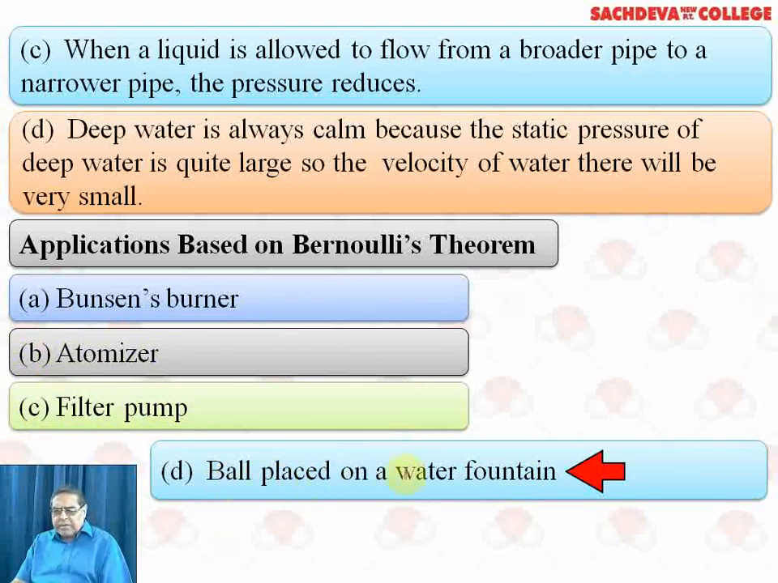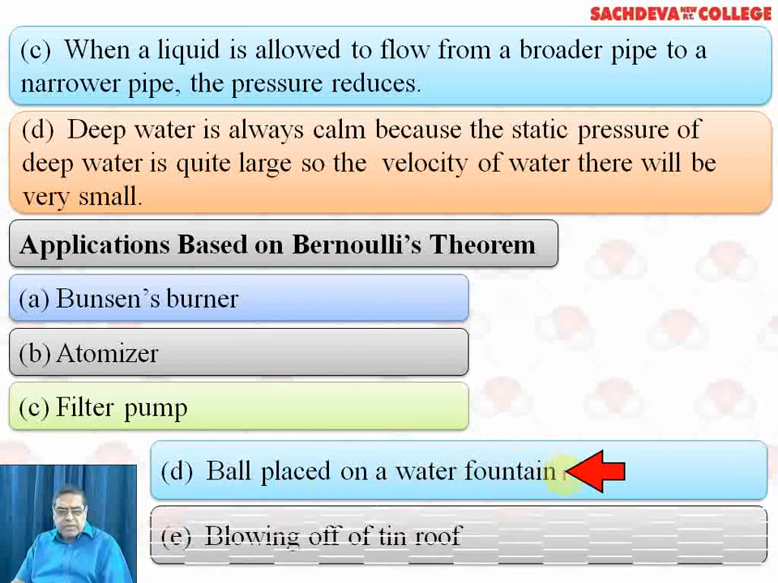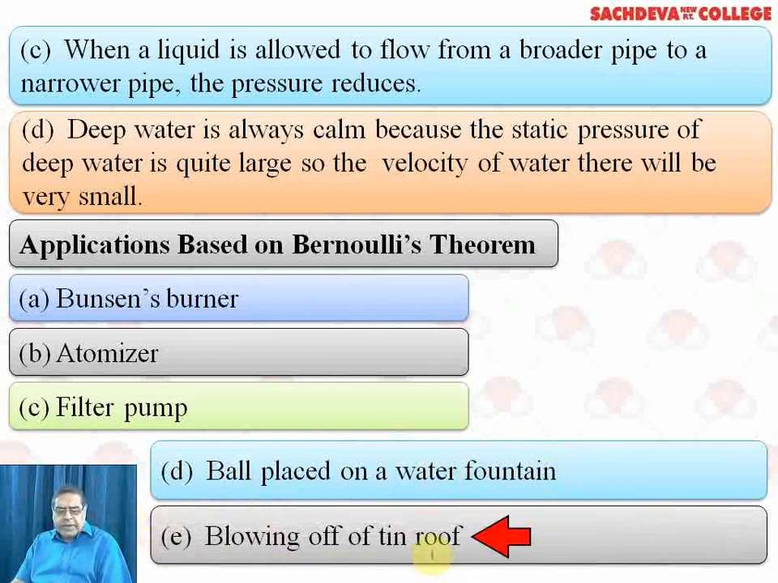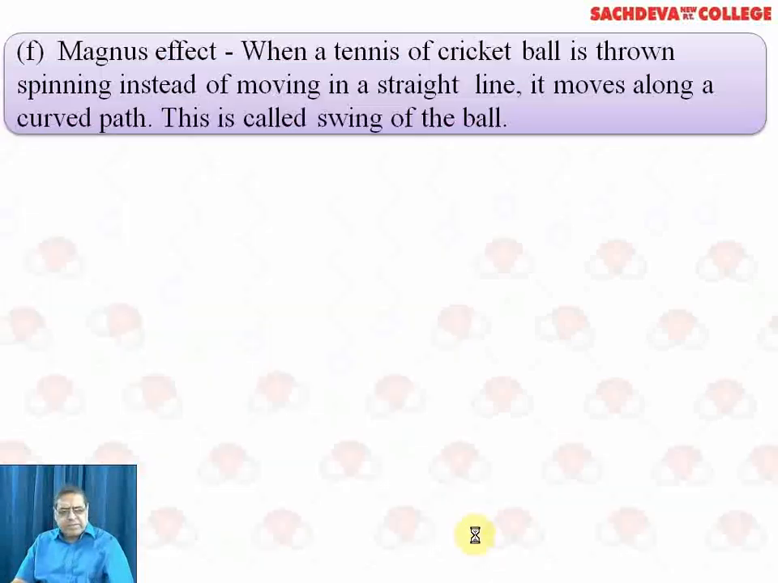A ball placed on a water fountain begins to dance, and a tin roof blowing off. These are all examples of the Bernoulli theorem because in all these cases, certain pressure is made at the end of the device. Now, the Magnus Effect. When a tennis or cricket ball is thrown spinning instead of moving in a straight line,